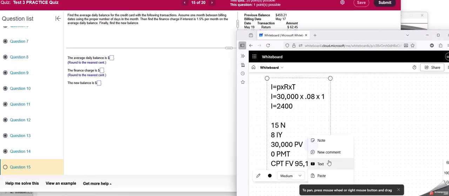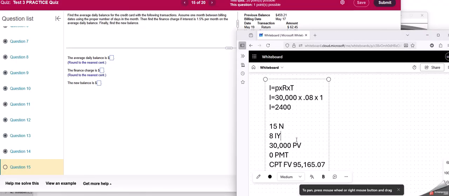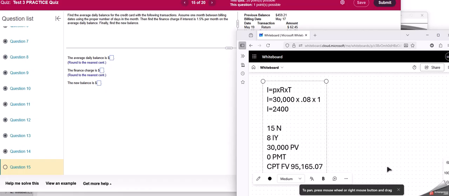Then this one, we will not use our time value of money keys. This is our